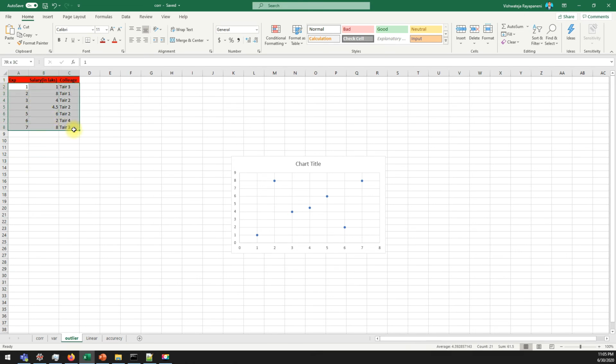Now let's say I see these three variables together. The person who has 2 years of experience and is getting 8 lakhs of salary is from a tier 1 college. There are chances, maybe if you are from a top university, that you'll get a good package even with less experience. And for 6 years of experience, he is getting 2 lakhs of salary, and of course he is from a tier 4 college. There might be a chance that from a lower college, even with 6 years of experience, he may get less salary.